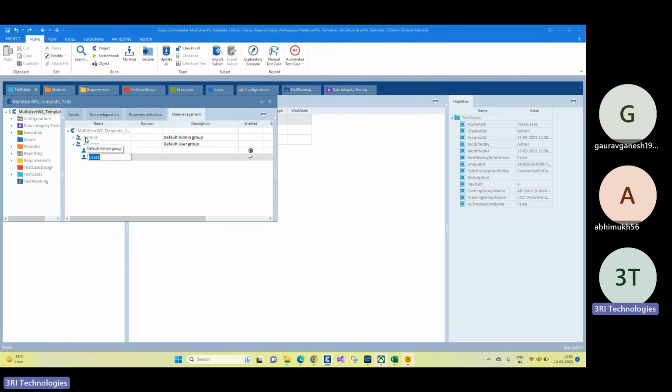And then maybe I'll give my name. Consider there is one more team member whose name is Prakash, and I'll set a password for him. Set password for that user. I'm keeping the same simple password, test 123.